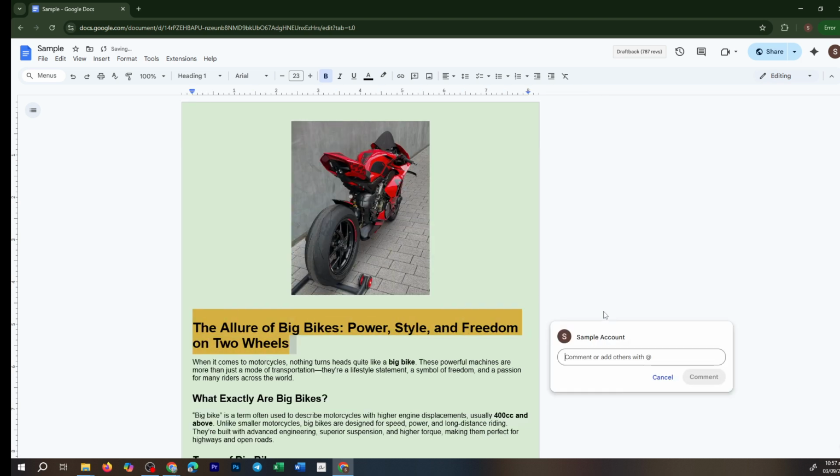Next, in the comment box that opens, type the @ symbol. This step is crucial because it triggers a drop-down menu that shows a list of people connected to the document or whose emails you can tag. What's great about this feature is that it can either display the names of collaborators who have previously interacted with the document or allow you to enter an email address of someone new whom you want to include in the